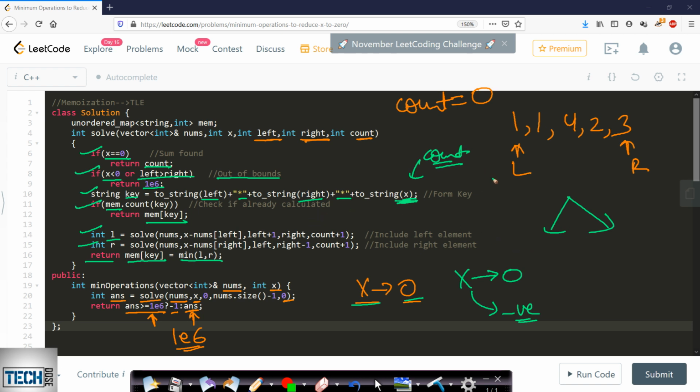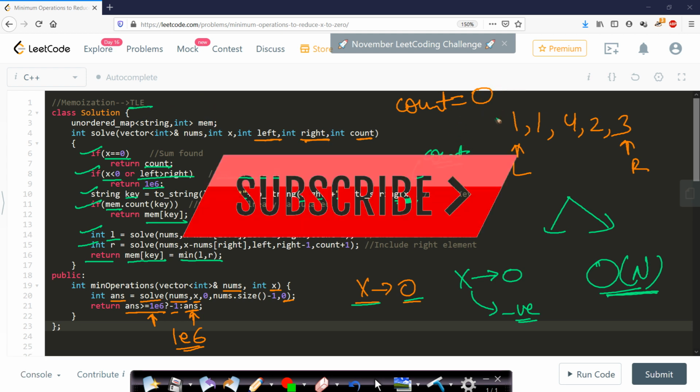But we cannot solve this problem by using memoization or any DP approach, because this is polynomial. It is greater than order of n time. There is a much better algorithm for solving this problem which is in order of n time. I will be showing you this in the next video. So here this memoization will be giving you TLE, right? I just explained this problem in order to build an intuition for thinking which problem you can solve by using dynamic programming. I hope you were able to understand it.